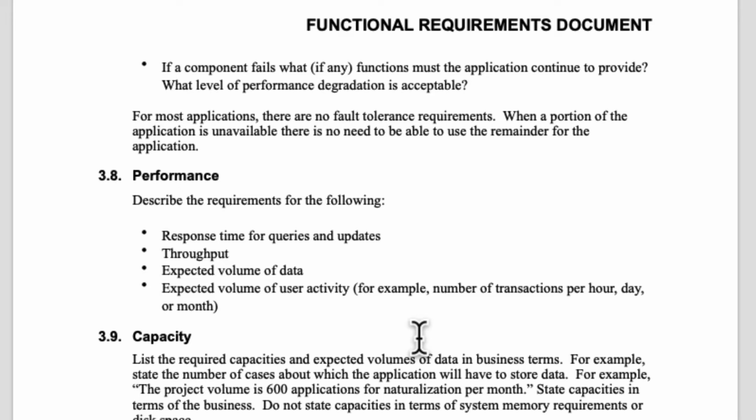For example, if 1,000 people are logging into the banking application at the same time, whether the system can handle it, or maybe the transaction they are using, any API, how many times they are hitting the API, or if there is any file transfer, how many documents can be transferred in a day. So all that is performance, right? How much volume can be processed, or how many files can be processed in a day, or how many users can access a particular application, or how many transactions per day,